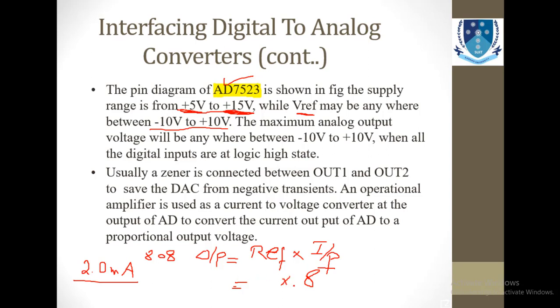So the output was 2 power 8 output pins, and the reference value was 1. So this was the total number of outputs for the same reference value with a constant number of inputs, that was 8. Now in the 7523 you can see that